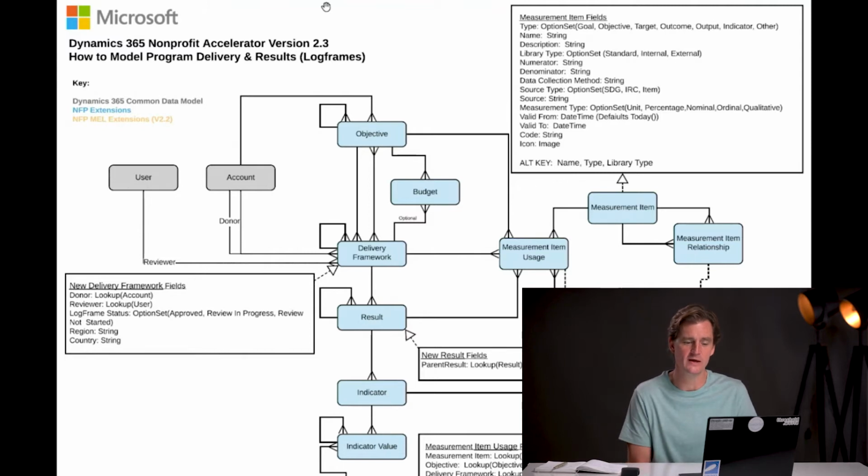So within this, you get the ability to have all of these different types of measurement items, and you can also relate them together in three different unique ways through the measurement type. And within that, you can set things like units, percentages, nominals, ordinals, and qualitative.